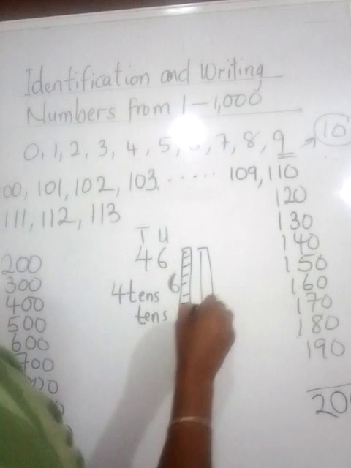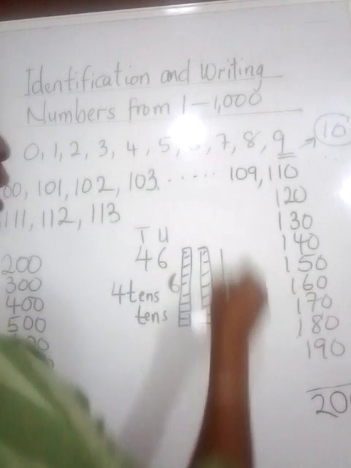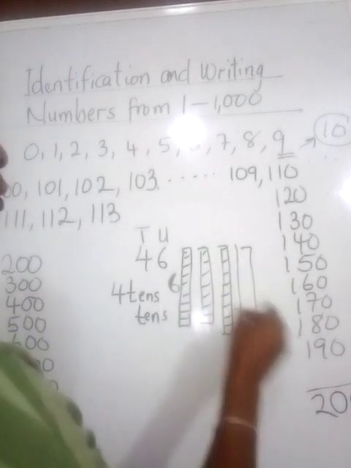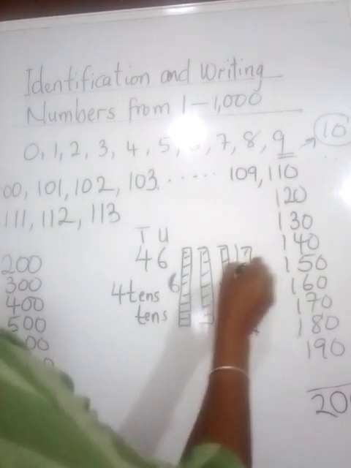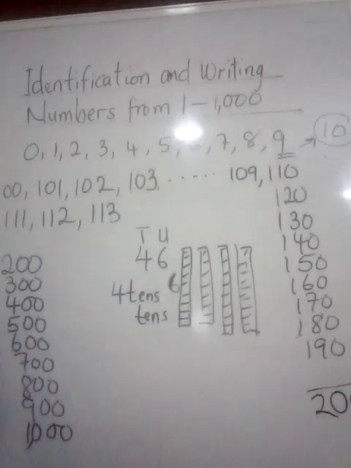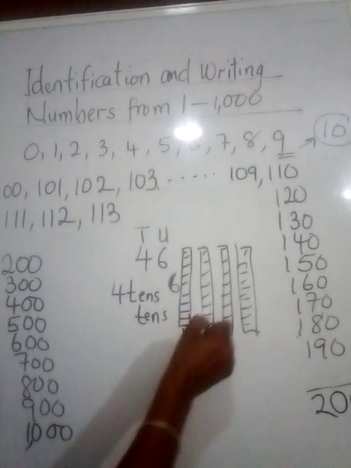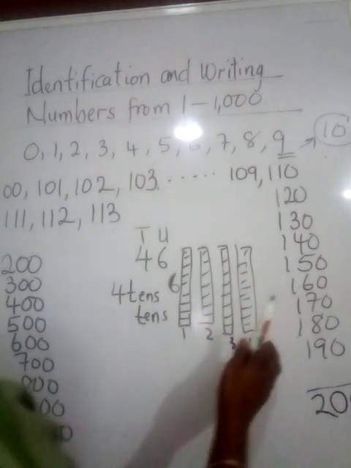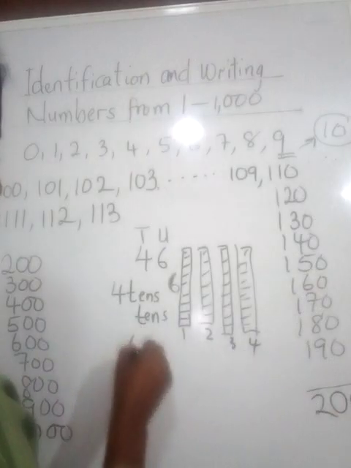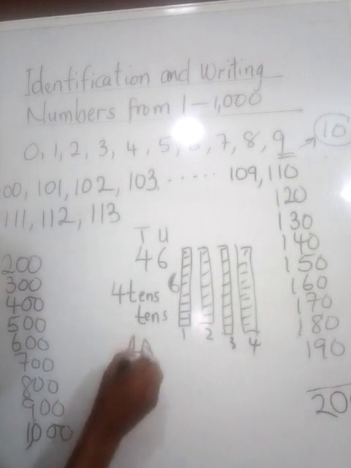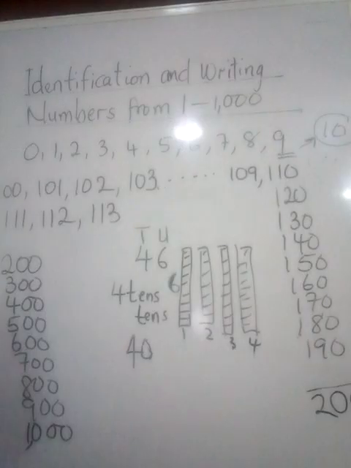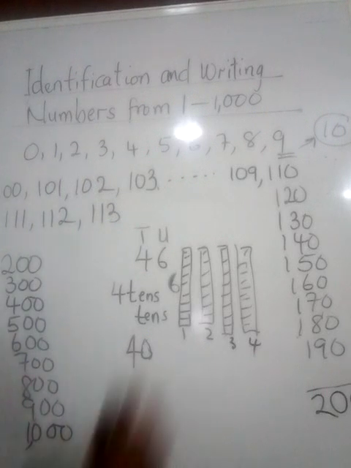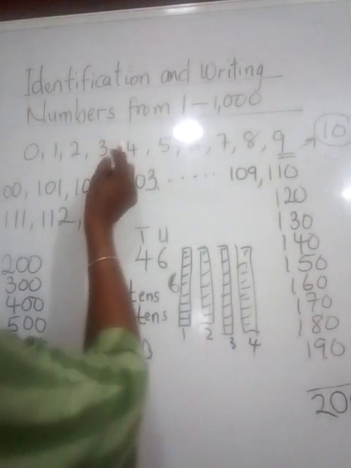So in this case, we are talking of 4 of these tens. So this is it. 4 of these tens. This is 1 10. This is 2 tens, 3 and 4. So 10 in 4 places is the same thing as 40. This is 40. So if this 4 is 40, that means the value is different from the value this single